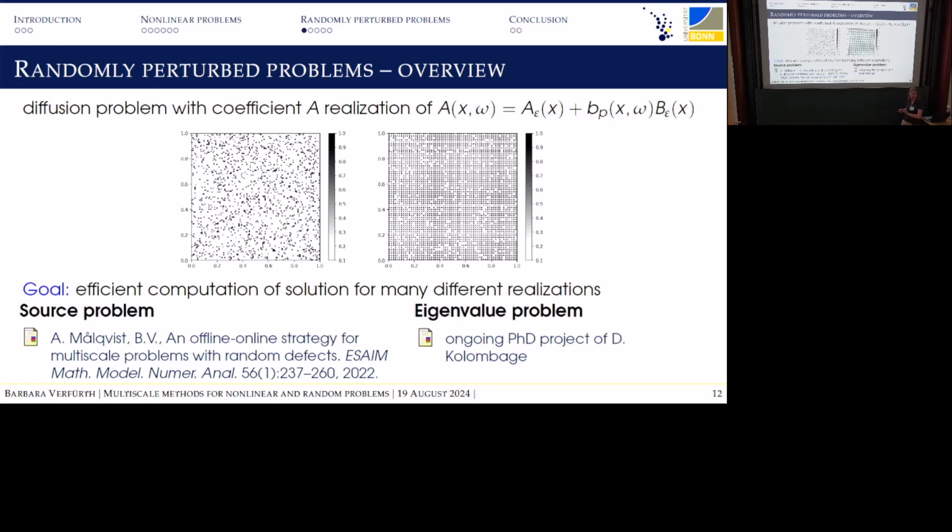What you should have in mind for the rest of this talk are these two pictures. They are examples of what we have in mind, and also examples of what we've typically tested our methods with. The left-hand side, in our own language, we call random checkerboard, because basically the A here, the unperturbed thing, is a constant coefficient, a white background, and then at predefined locations, I throw an unfair coin, and if this coin shows head, I insert a black dot.